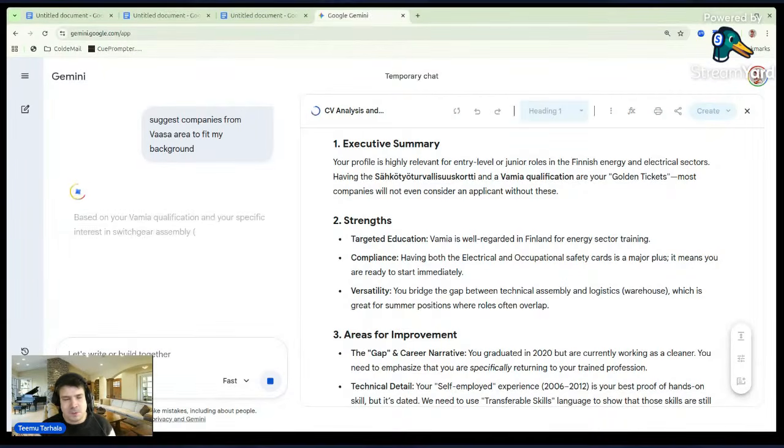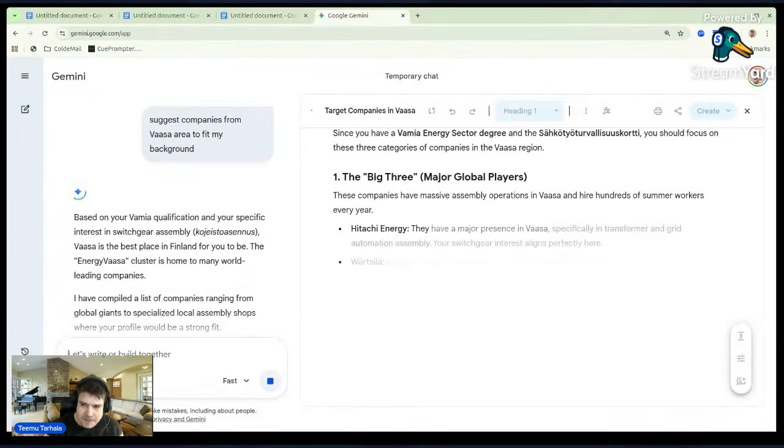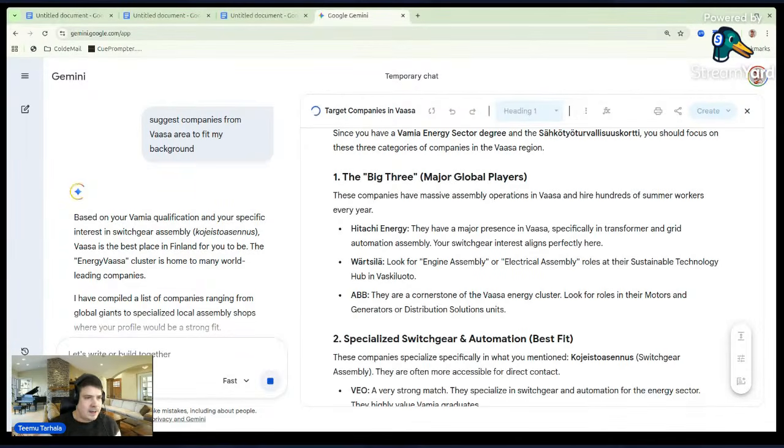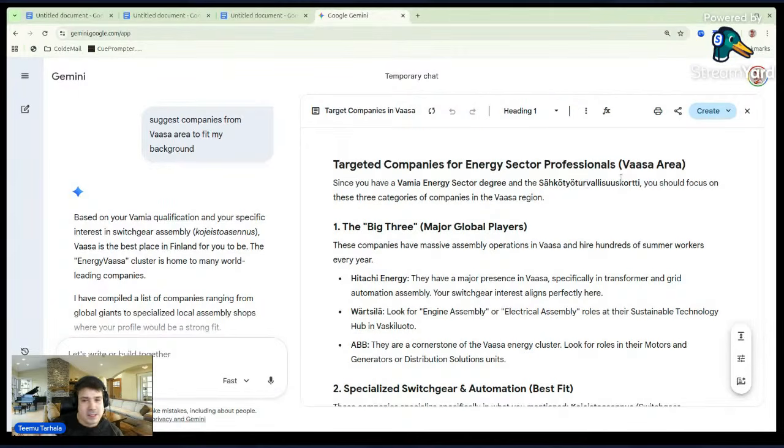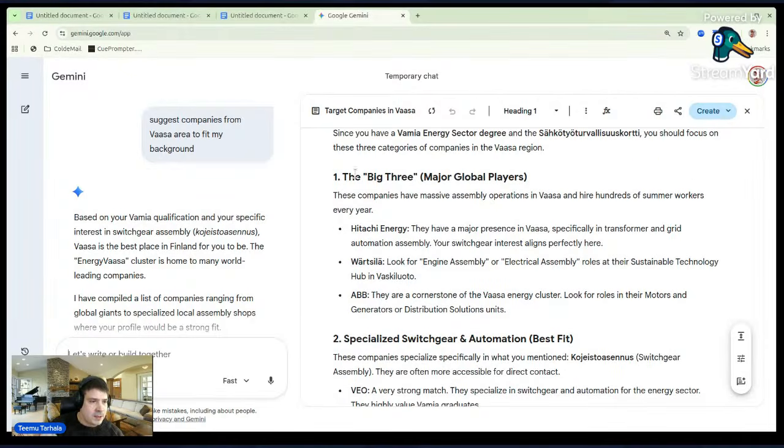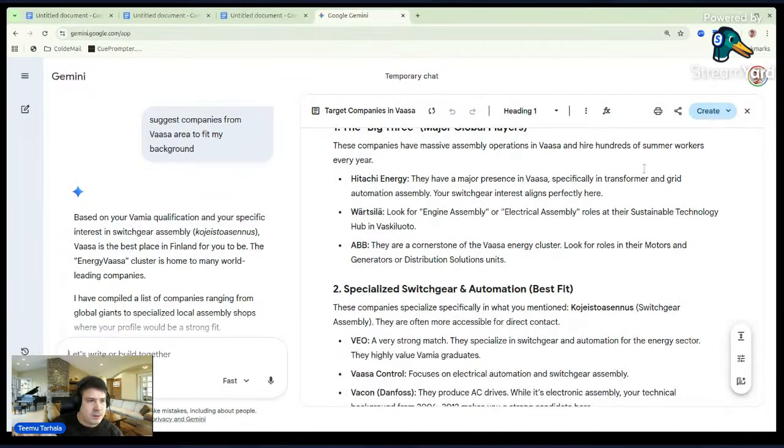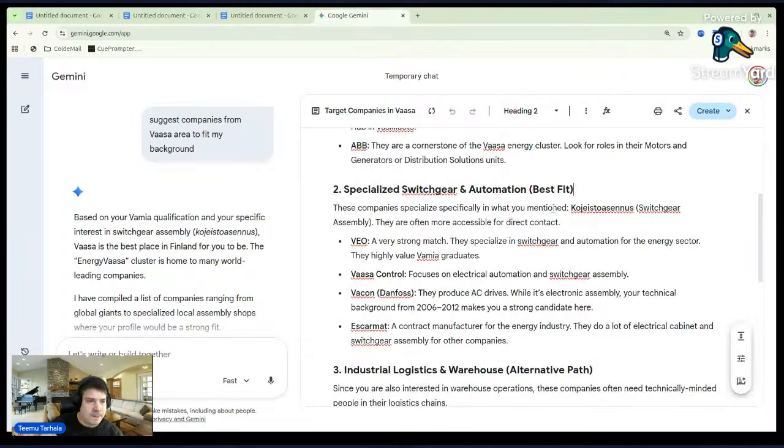Now we give a small task for AI again. And it threw our CV away, but let's hope that it's still in there behind. But it's easier to read from the screen. The big three major global players: Hitachi Energy, this is a new one. This wasn't there yesterday. Wärtsilä we had, ABB we had.